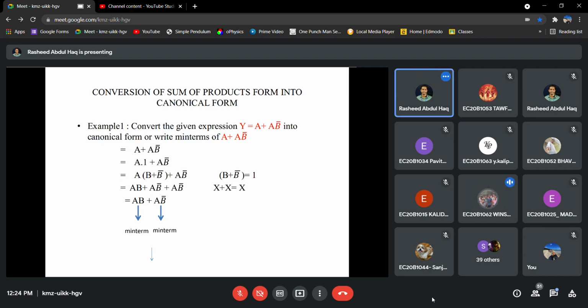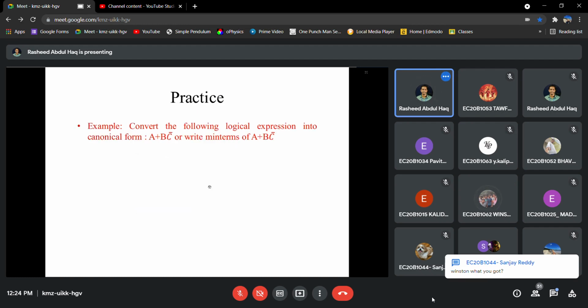You can verify it. What you can do is write the truth table of the first case and then compare it with the truth table of this one. Truth table. Okay, sir. You will have three inputs A, B, C, so 0, 0, 0 to 1, 1, 1. Like that you write 8 values. Then find the value of A plus BC bar, and find those values. Then write the values of whatever expression you have got and compare. Then you will be able to understand if whatever you have written is correct or not.